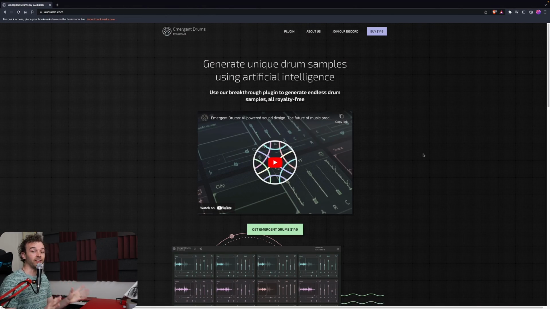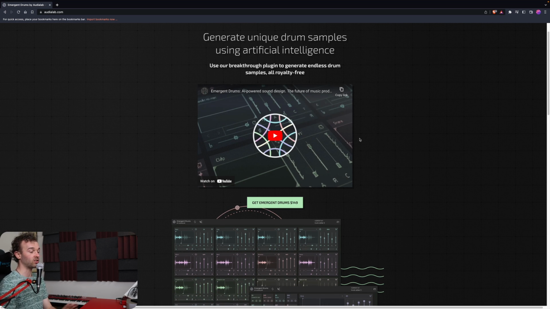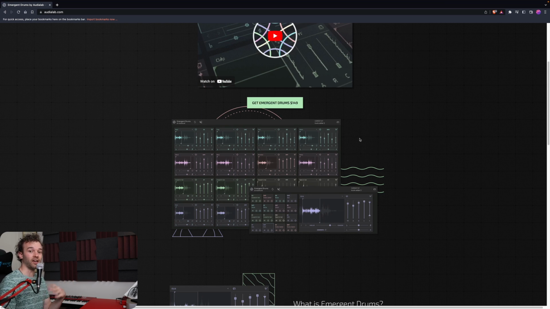Before we actually get started taking a look at the plugin, this is the website for Emergent Drums. You can buy it here for $149 US, so it's a fairly expensive plugin. It's still in very early stages. They're consistently developing it, and they've got a cool Discord server where you can chat to the devs and the team and